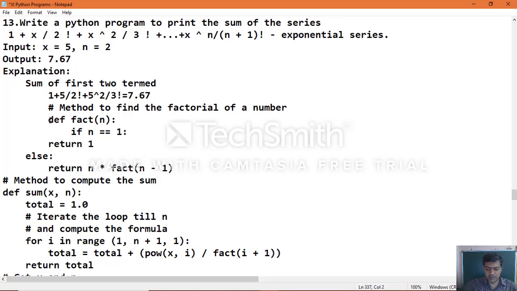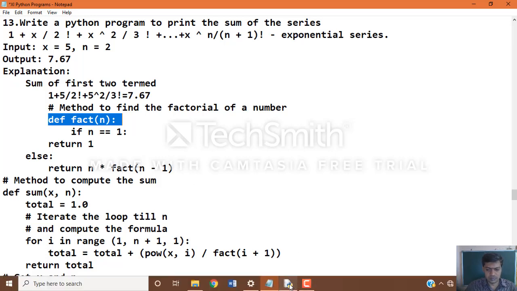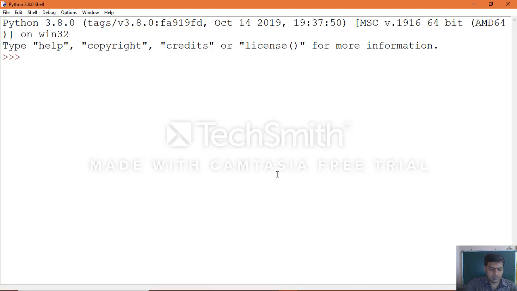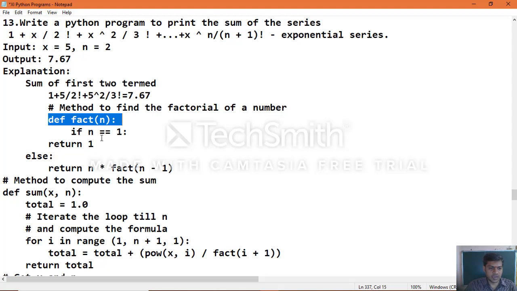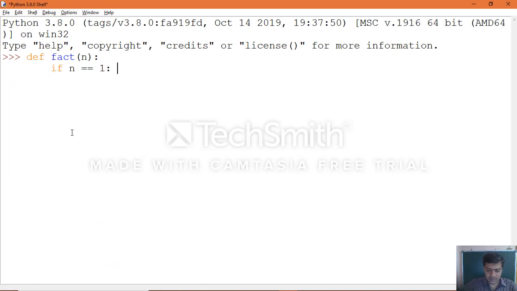We want to start with factorial value calculation, which we are executing through interactive mode. Let's see what happens.